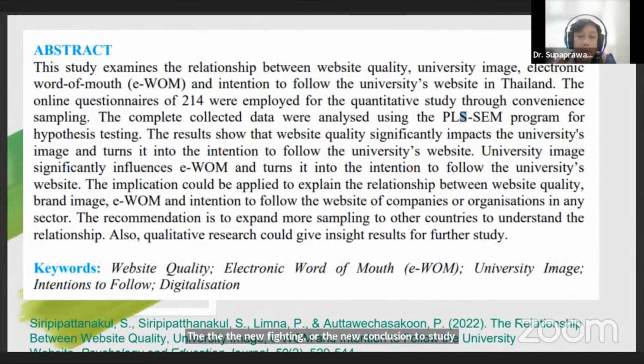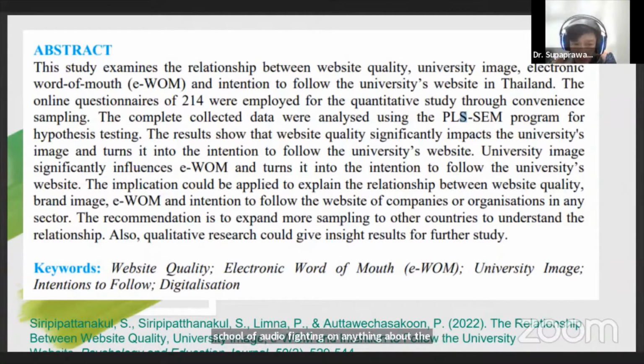And the recommendation is useful for further study. In this case, we use the quantitative analysis. It means that the data could not explain everything inside the result. Therefore, qualitative research, interviews, focus groups, or other techniques, or anything about qualitative research could be considered